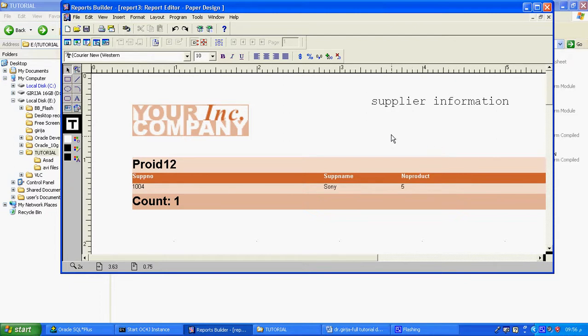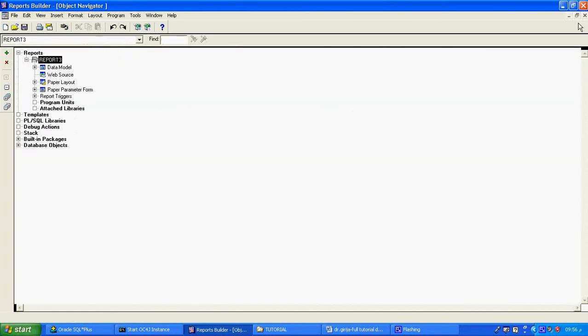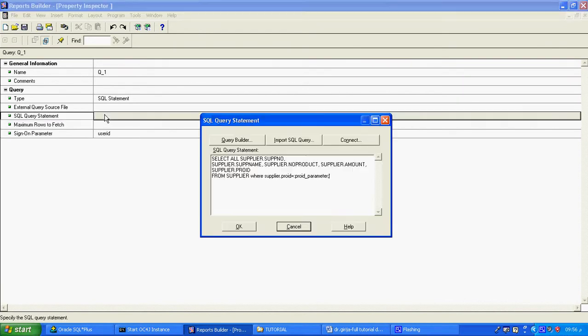Now we see how we gave the query also here. That is very important. The query in the object navigator, how I gave it. You can see in the object navigator, query, open the query in the property inspector. Now you can see here what is the only difference. In the where condition I included colon product ID underscore parameter. Whichever column I want to give at runtime, that I give in the where condition. This is the way I can do it. This is the only difference. In the previous reports, I never gave underscore parameter like this. If you give it, it will create the parameter report. So that's all for the parameter report.